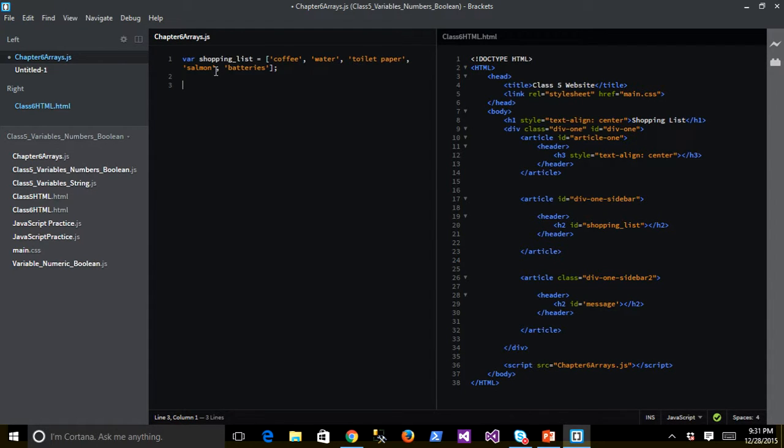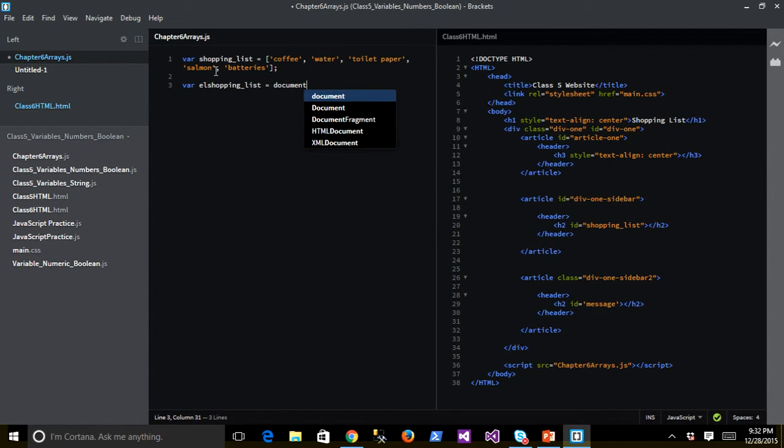Congratulations. Now we need to figure out a way to call this array and call these particular items within our HTML document. Well, remember, we're going to do this in the same exact fashion as we call any other variable within our HTML document. Okay? So we need to refer to the element in our HTML document. So I'm going to create another variable that's called el, which stands for element. el shopping list